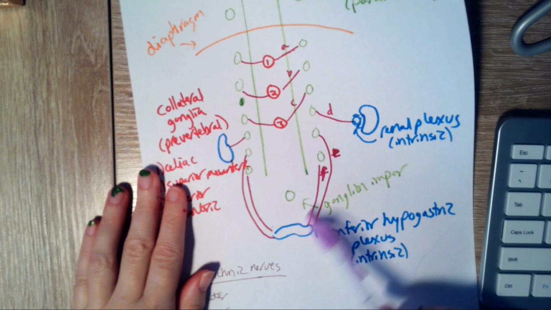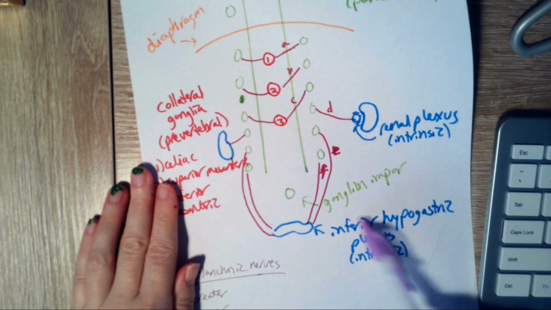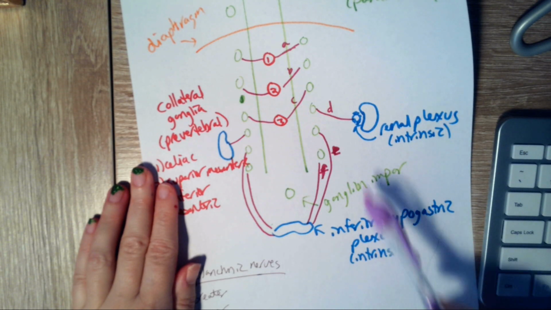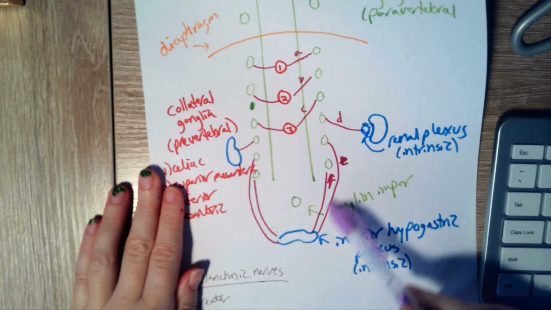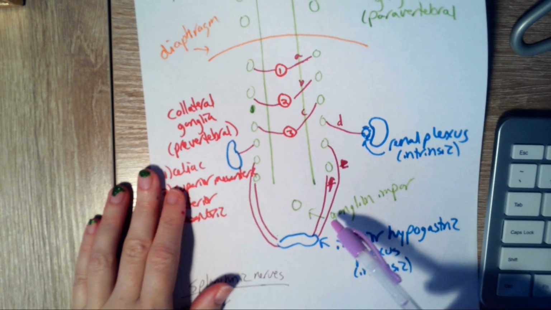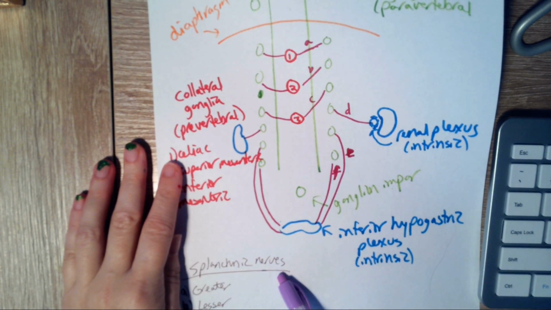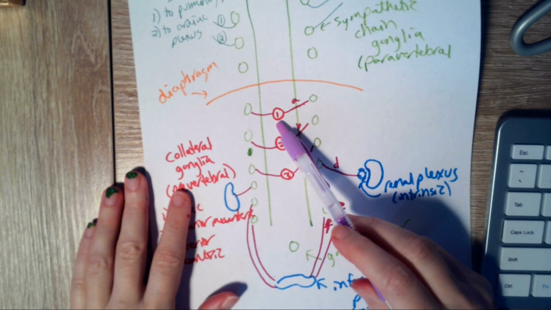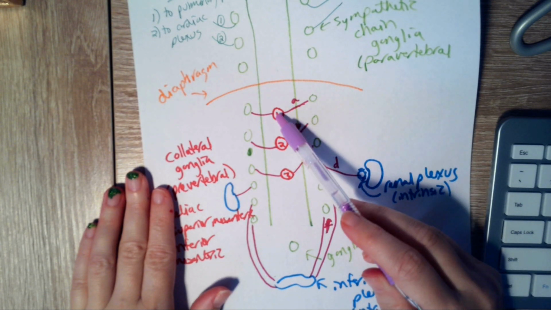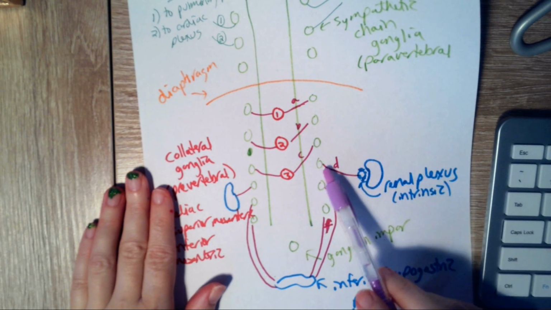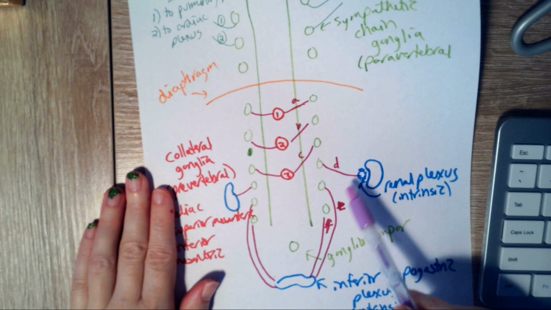Down here, we have nerves going down to the terminal ganglia in the abdominopelvic cavity, so the renal plexus and the inferior hypogastric plexus. These nerves that are going to the renal plexus and to the inferior hypogastric plexus, as well as the nerves that are going to the collateral ganglia, are all called splanchnic nerves. So coming out of the sympathetic chain ganglia, you'll have 3 nerves, splanchnic nerves, going to the 3 collateral ganglia. Then you'll have nerves, also splanchnic nerves, going out to the terminal ganglia, to the renal plexus and to the